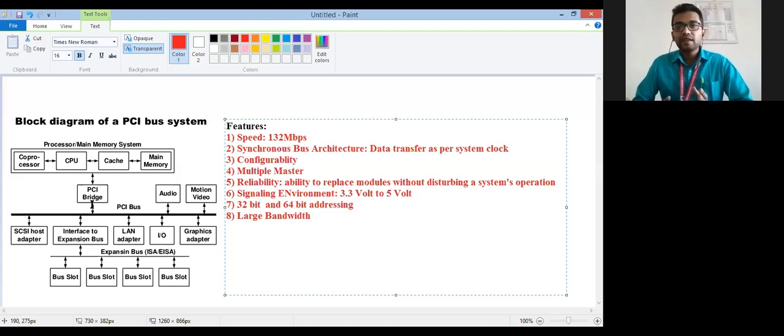So in PCI X, one more advantage is provided: the fault tolerance is improved. You know that multiple masters are there. Because of multiple masters, data collision may take place, and because of that, a fault may occur. Hence PCI X uses a collision detection and avoidance technique, so that the PCI bus can be taken charge of by only a single master. So fault tolerance is improved for PCI X over your PCI bus.